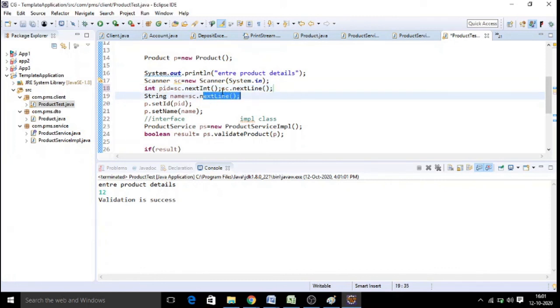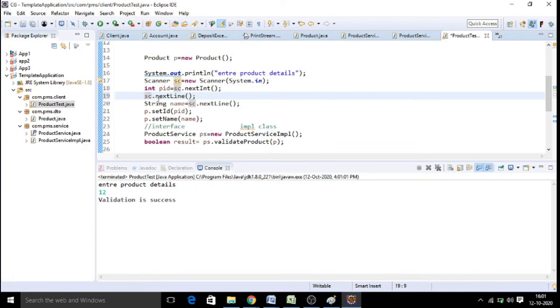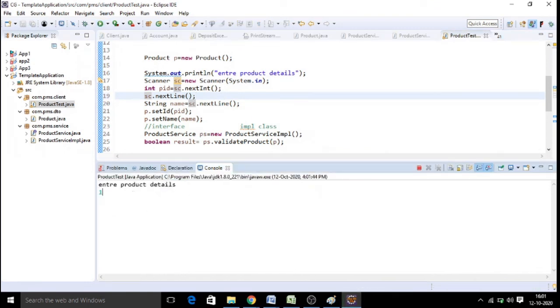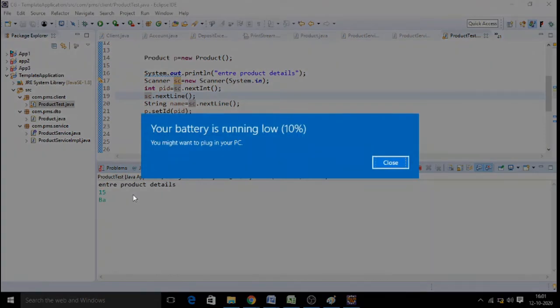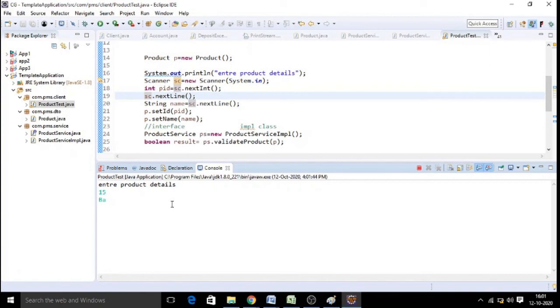So you have to give an empty nextLine, so it will not read anything, but there will be an empty line which will clear your buffer. So you can observe here, I am giving a product ID as 15, then I am going to give the product name as bag, right? Validation is success because it is in the same range.